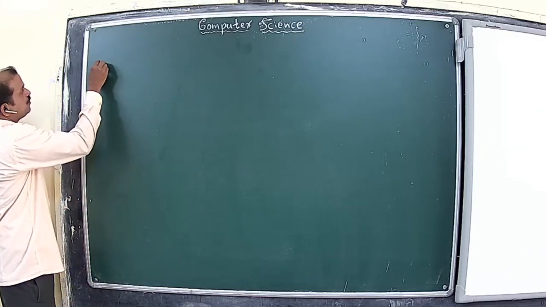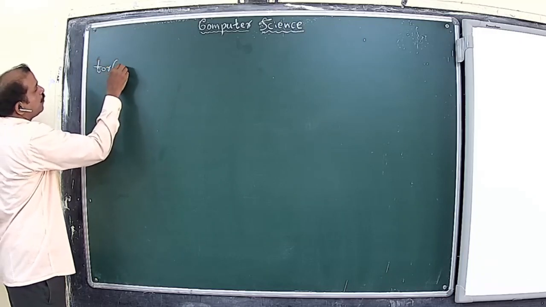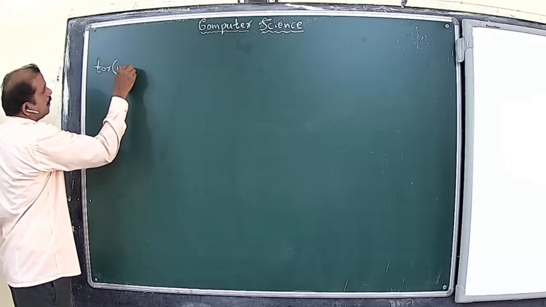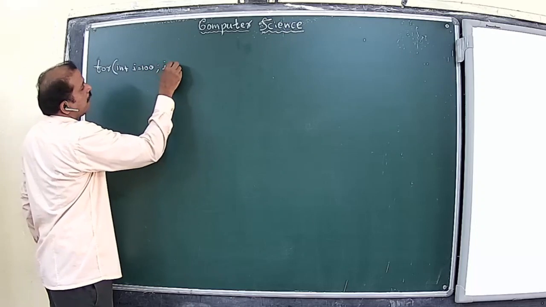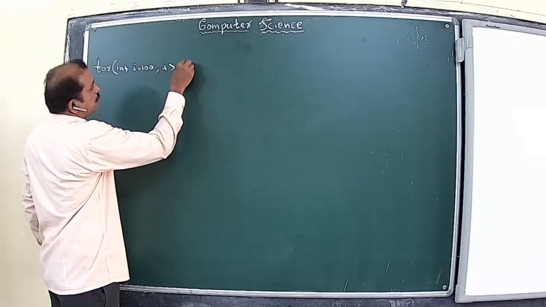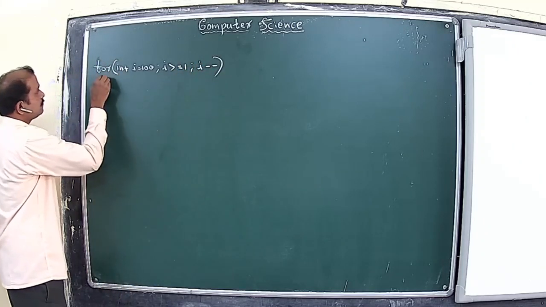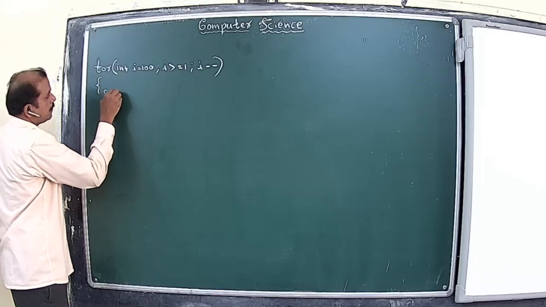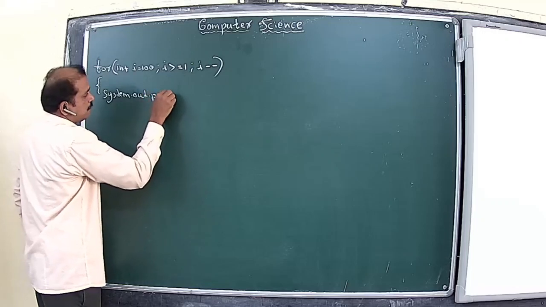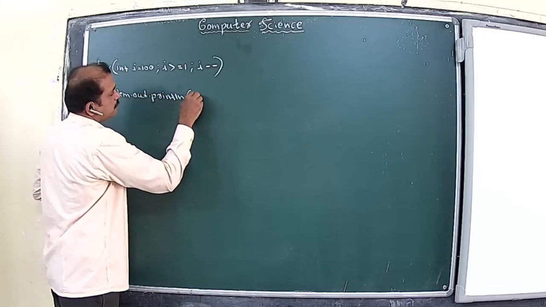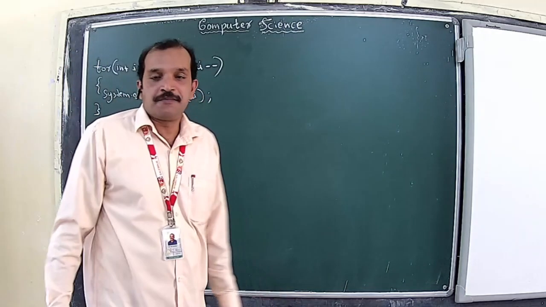When using a for loop, we can write the program like this: for (int I = 100; I >= 1; I--) System.out.println(I). Okay, this is how this program can be done with a for loop.